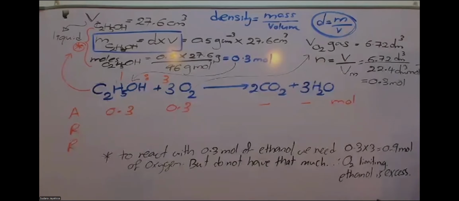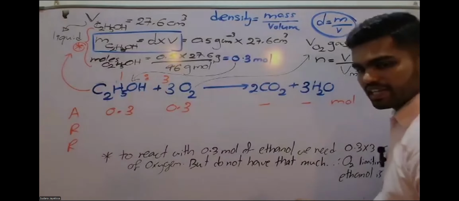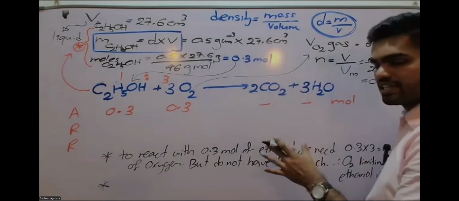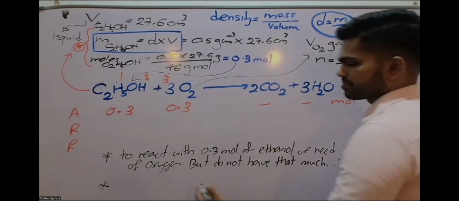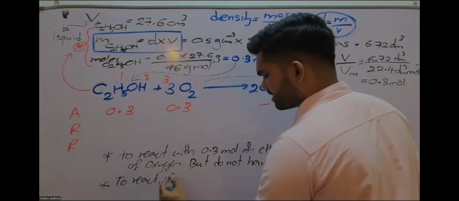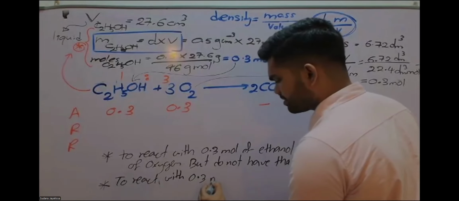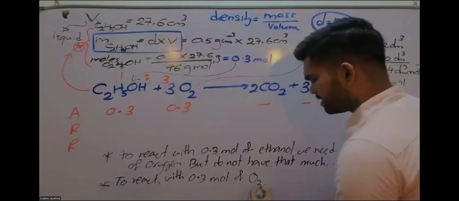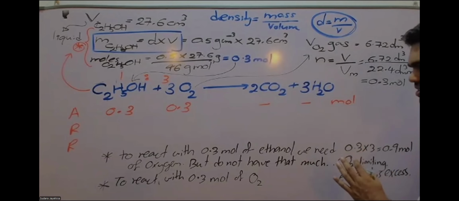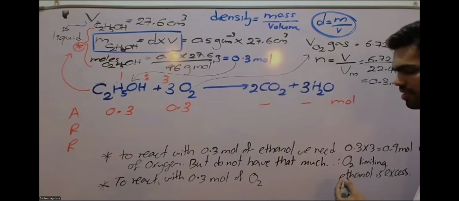Now we understand that the whole ethanol is not going to react, some amount is going to remain. Understood? Then we can write it from the perspective of oxygen. Let's say when you want to react this oxygen, write: to react with 0.3 moles of oxygen. Lama, for 5-6 questions you have to write this one, then you will understand this lesson. To react with 0.3 moles of oxygen, we need